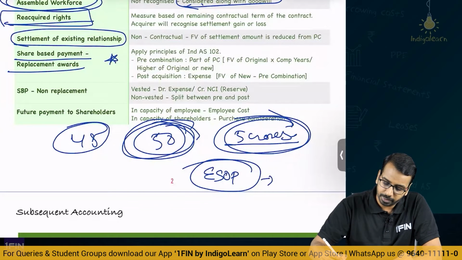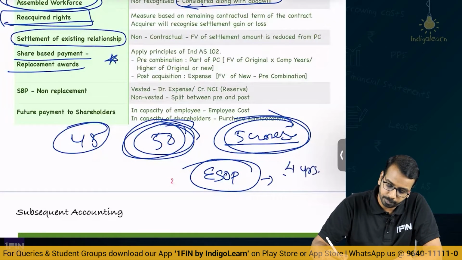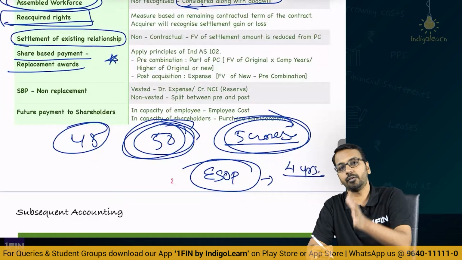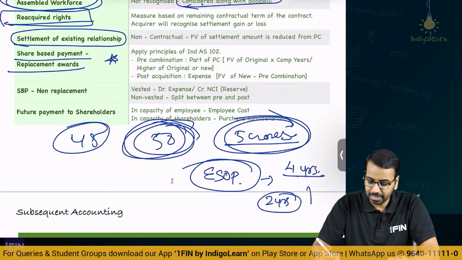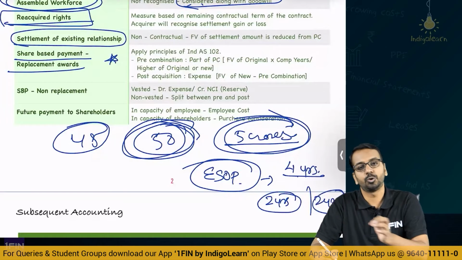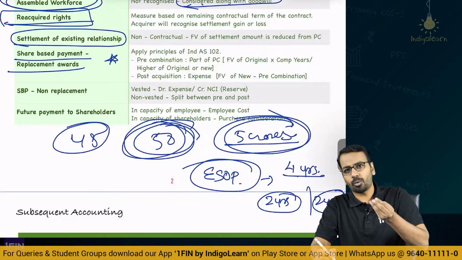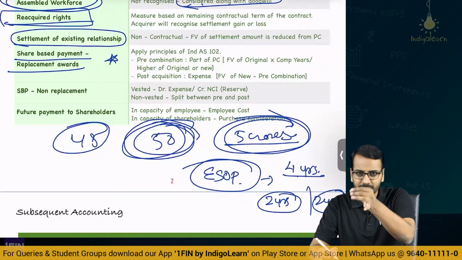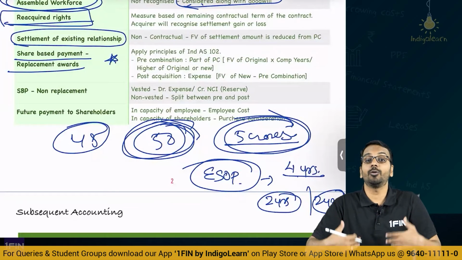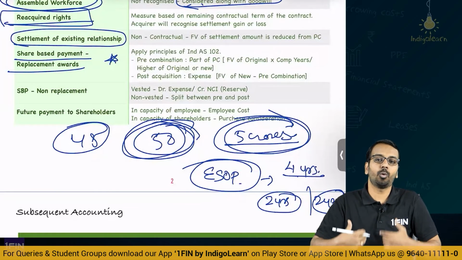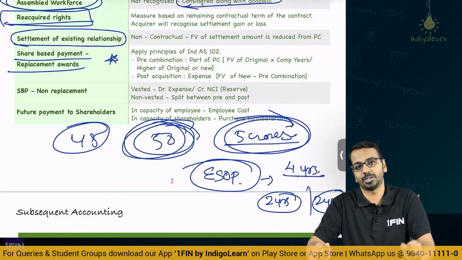Now, as per the ESOP, the employees have to work for 4 years, and some ESOP has been given. Out of this, 2 years have lapsed, and they have to serve 2 more years to be eligible to get the ESOP. Now, when I acquired Infosys, I said this existing ESOP, just keep it aside. Infosys will not even be existing. I will give my own ESOPs, my own shares as a part of the share based payment plan.